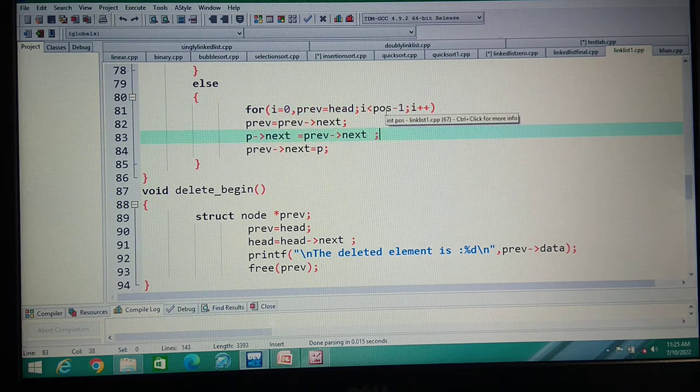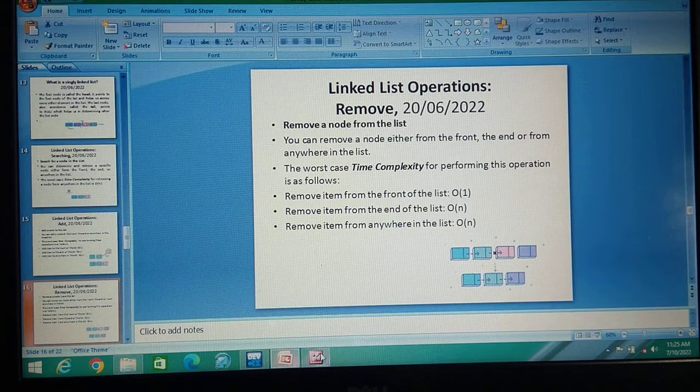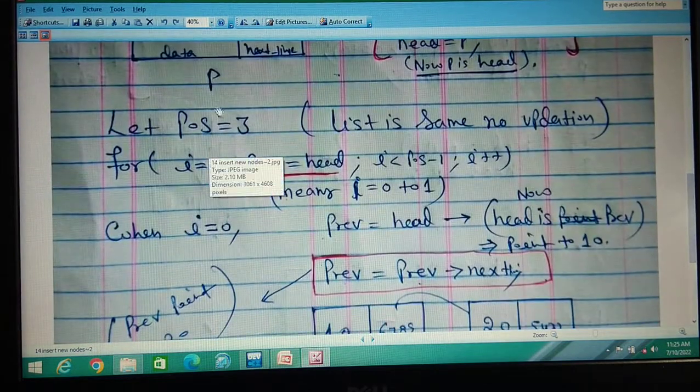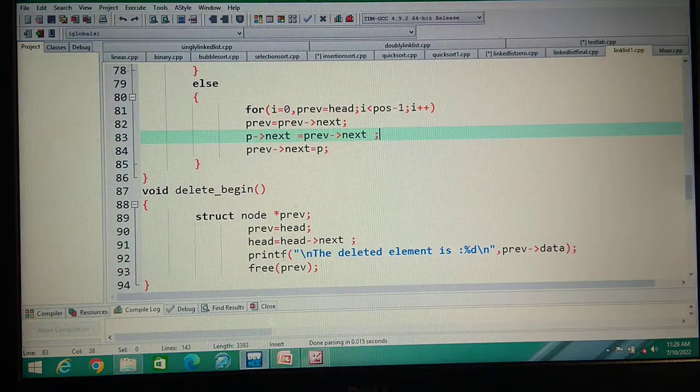What is the position? Suppose the user has written position is equal to 3. In this condition, 3 minus 1 is equal to 2 and i is less than 2 means i will work for 0 and 1.